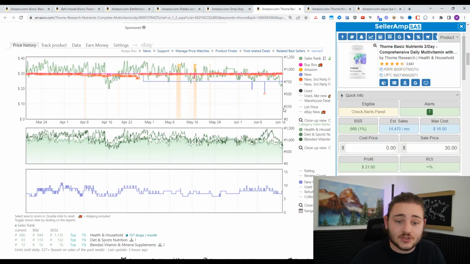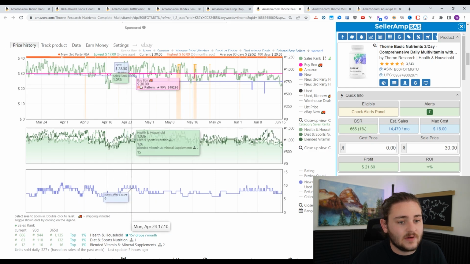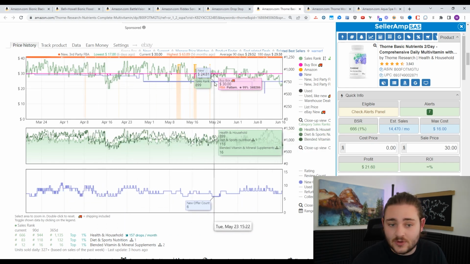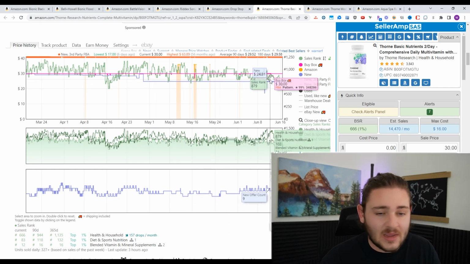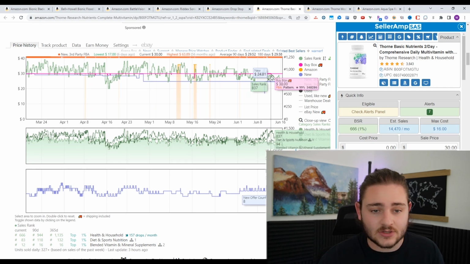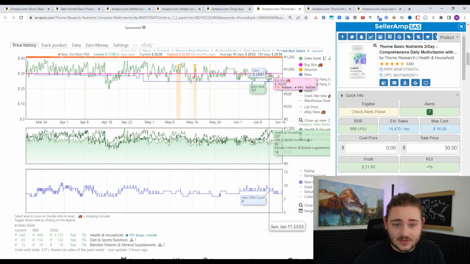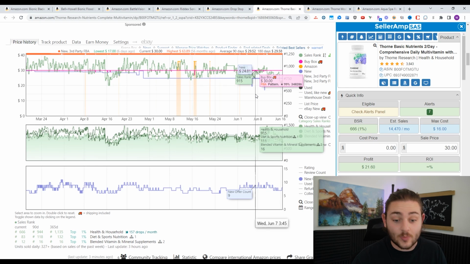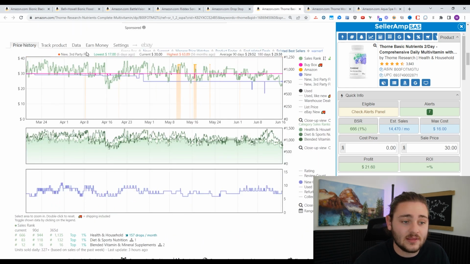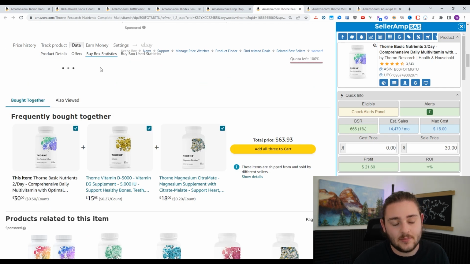So we can see again, a super flat price line. Let me even simplify this for us. And as we mouse over the price chart right here, we can see that it's been held at $30 by Pattern. Pattern is maybe the biggest seller on Amazon. I'm not exactly sure where they're ranking right now, but one of the biggest sellers on Amazon. So if you ever see them on a listing, that's another red flag. It's funny that they're so big as an Amazon seller that seeing them on a listing is almost a red flag. But the other thing that worries me about this listing is when we go to Data, Buy Box Statistics,